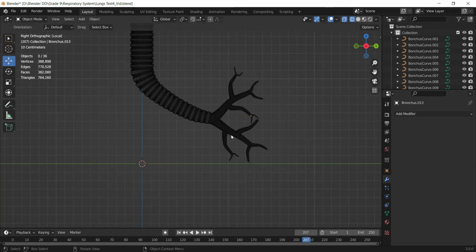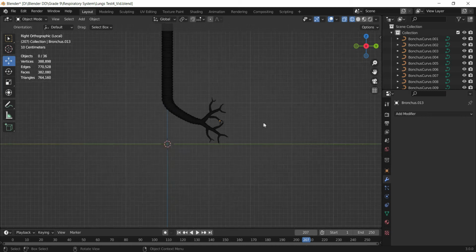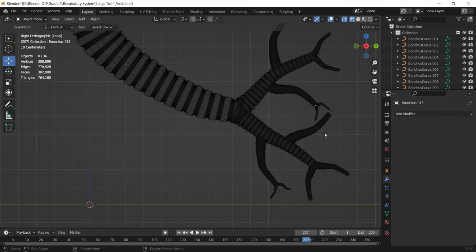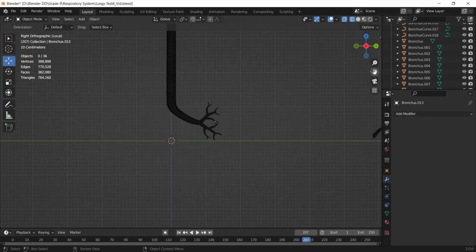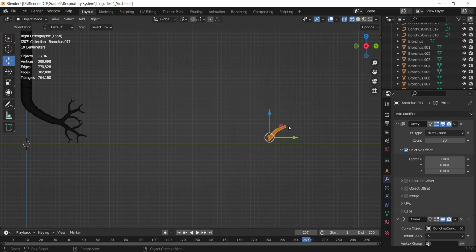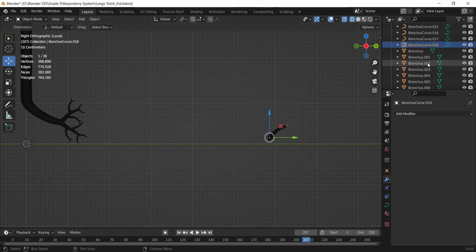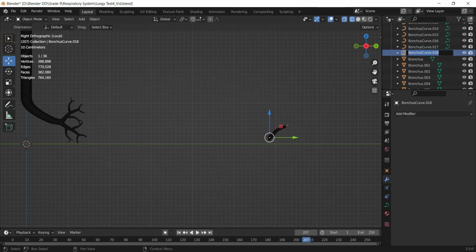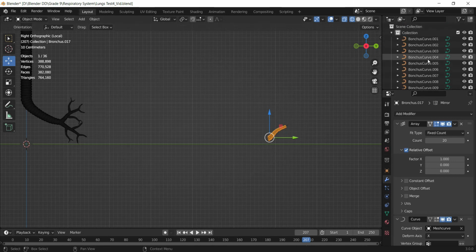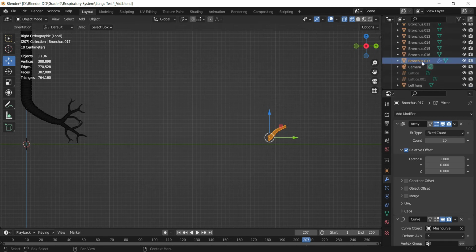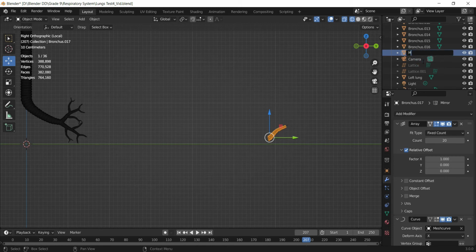all right, so we have applied modifiers on all of these meshes, and I think there is really no need of these Bezier curves. So what I'm going to do is keep just this Bezier curve, this one. This is curve 18. So we'll call it mesh curve, just to give a really different name. All right, and this we are going to call, what's its name? It's Bronchus. So let's call it mesh.